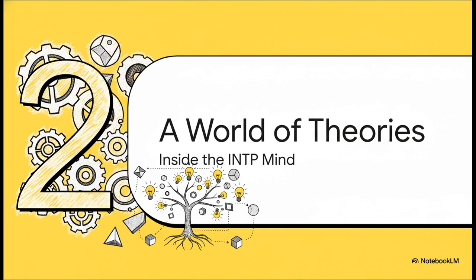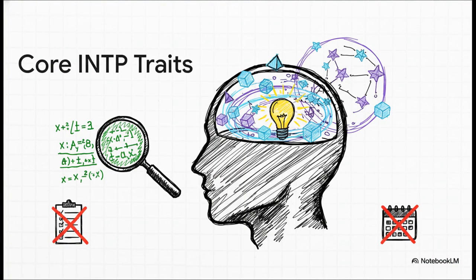What's it actually like inside that constantly buzzing, theory-making mind of an INTP? So what you're seeing here is that powerful combo of logic and intuition in action. Because their inner logic demands consistency, they become these relentless seekers of truth. And because their intuition is always seeing new possibilities, they're way more interested in complex theories than doing chores. This is why they live so much inside their own heads. They're busy building these incredible systems and ideas. It might make them seem a little distant, but really they're just...